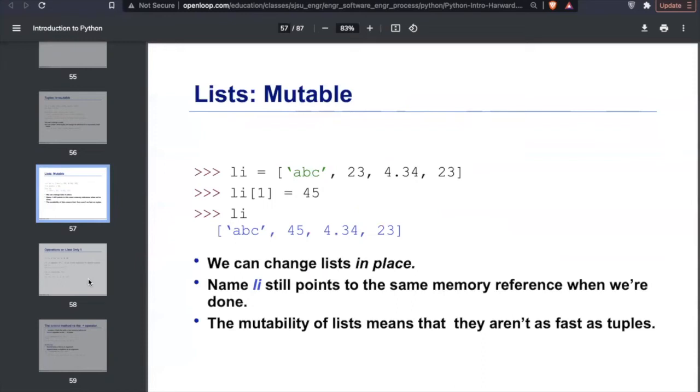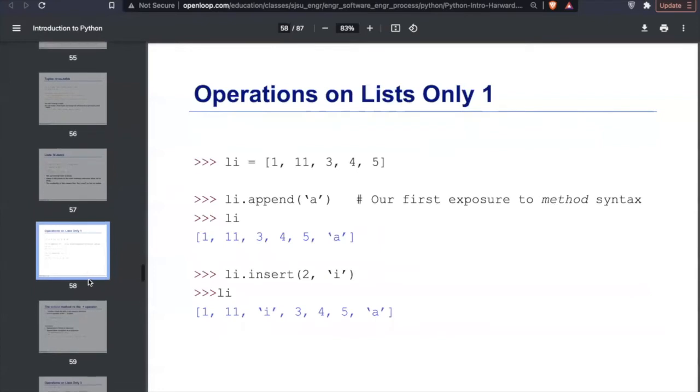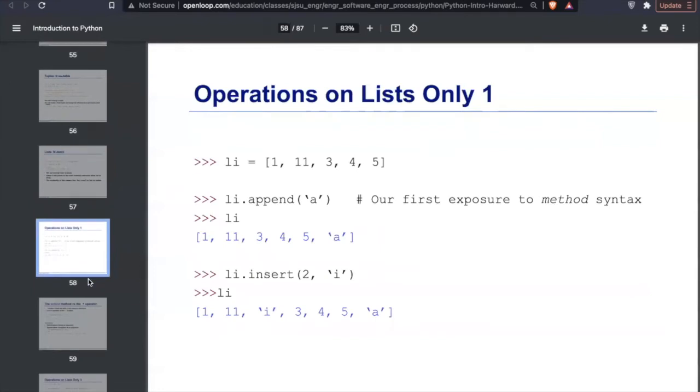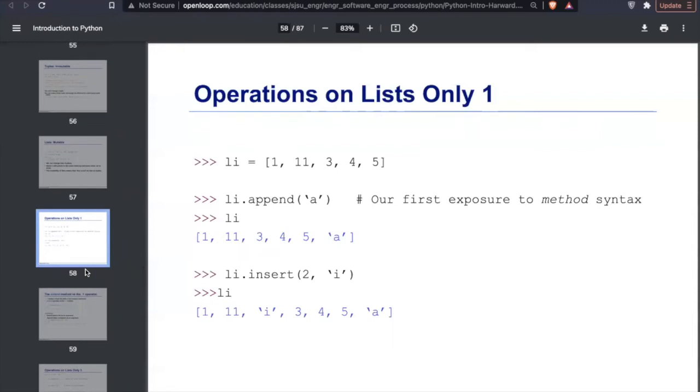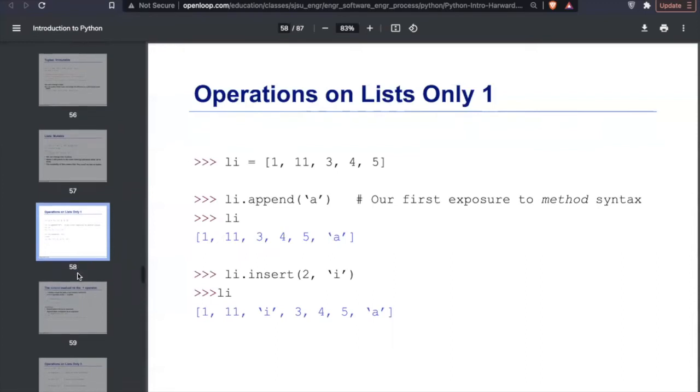It will basically swap the position. For example, there's a 23 at index number 1. So if you type in list 1 equals 45, the 23 will be replaced by 45. If you want to operate on lists only, then you can use append and insert.